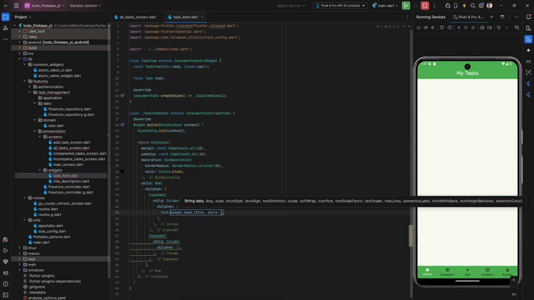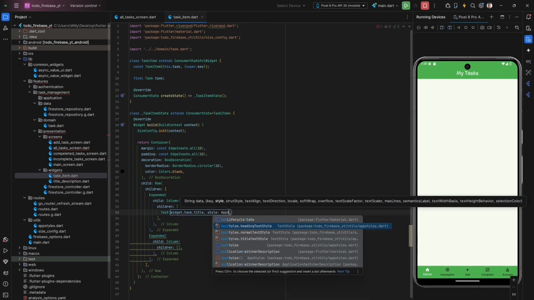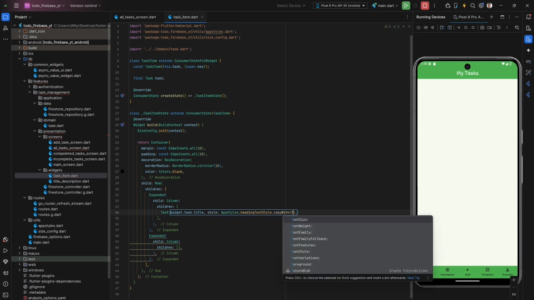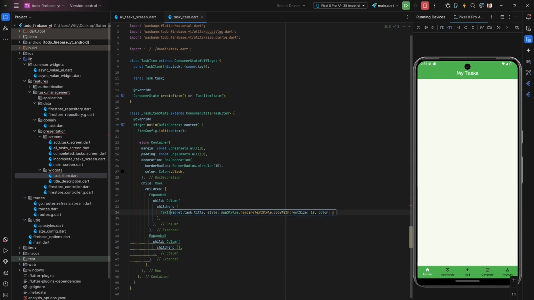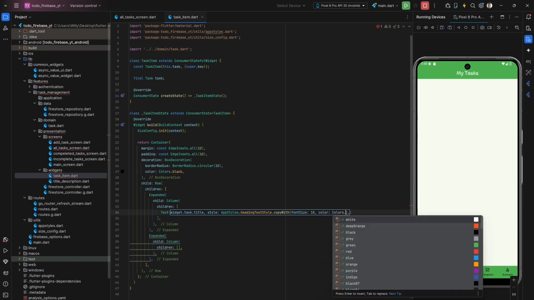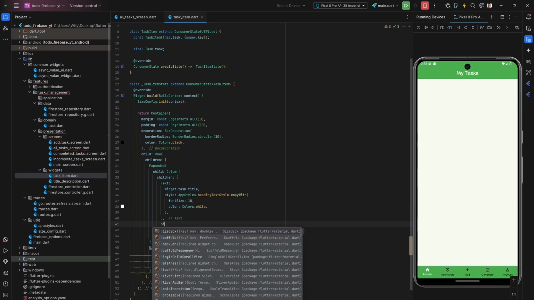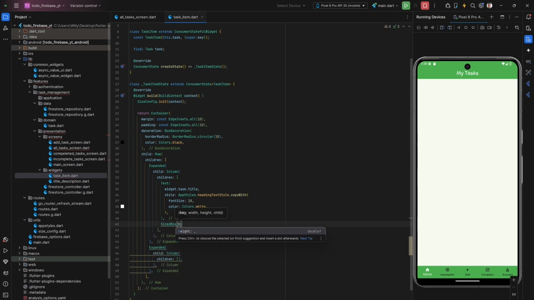Style is AppStyles.headingTextStyle.copyWith, font size of 18, color of Colors.white. So after that we have a SizedBox with a height of SizeConfig.getProportionateHeight of 10,